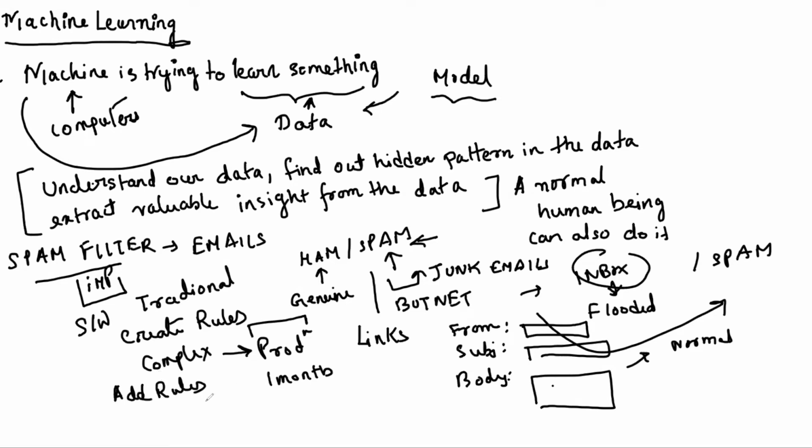right? And ultimately what we're doing, we are trying to increase the complexity of the whole software. Also, we're increasing the lines of code. So every time we productionize it, let's say after a few months or after a few days, this set of users change the logic of the spam. Again, we have to add new rules. So ultimately, we are increasing the complexity as well as the lines of code in the software, which is